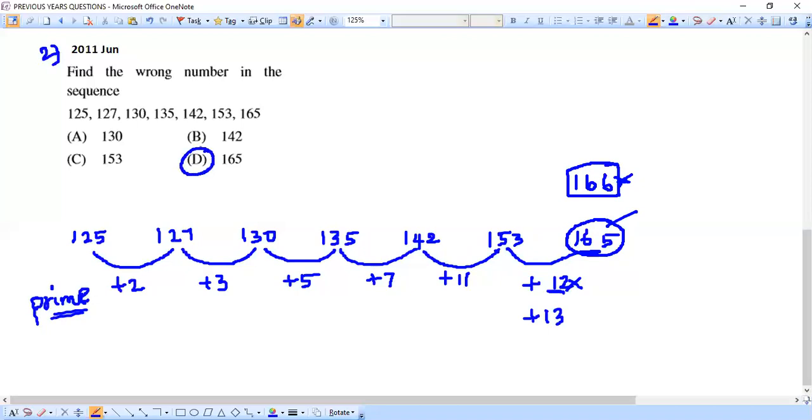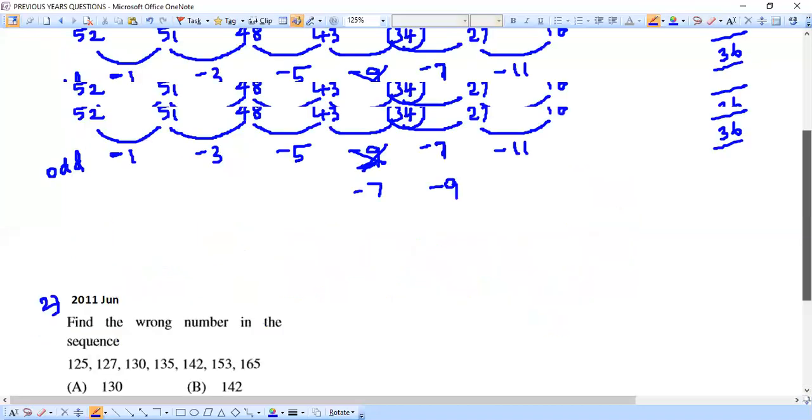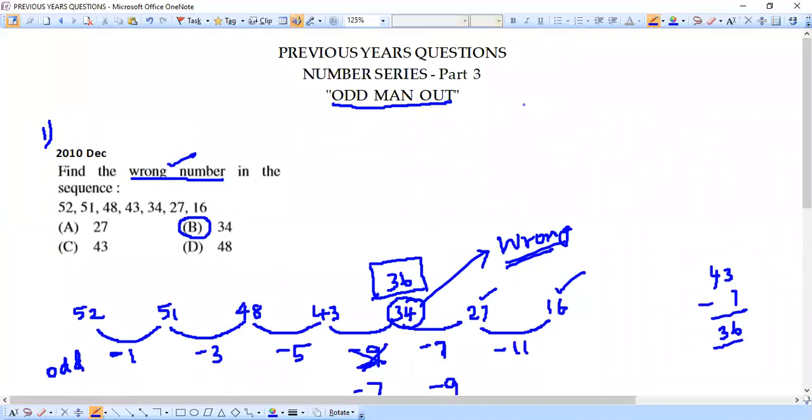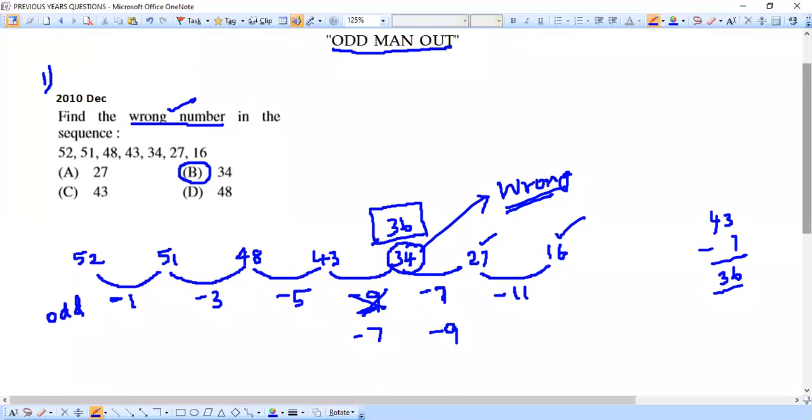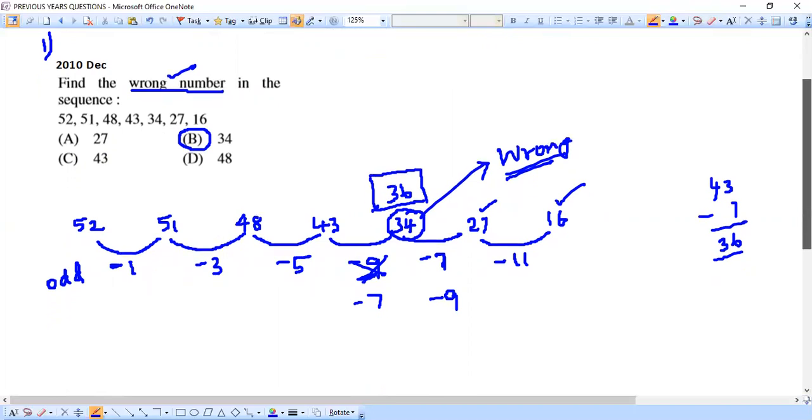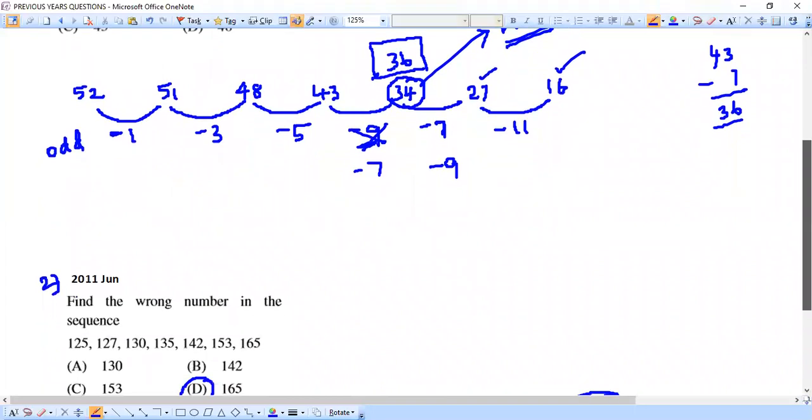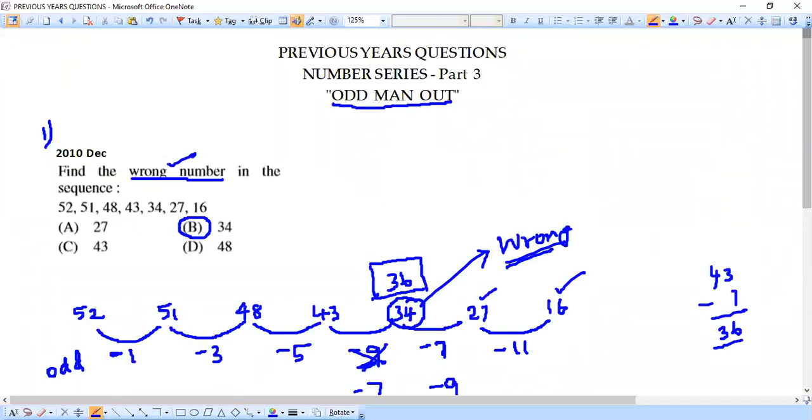I think you are clear with both questions, how we are solving them. Both of these are from something called odd man out. So hereafter, if any question comes under odd man out, you should not be worried. Follow the same tests, like addition or subtraction, division, multiplication, whatever. According to the nature of the sequence, give preference and do the operations. And what we need to do is check at which term the chain is getting broken, at which term we are getting the trouble. That term will become the odd man out, and you can mark that as your answer.